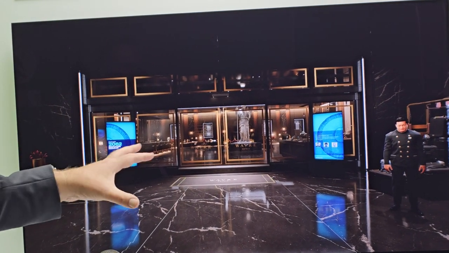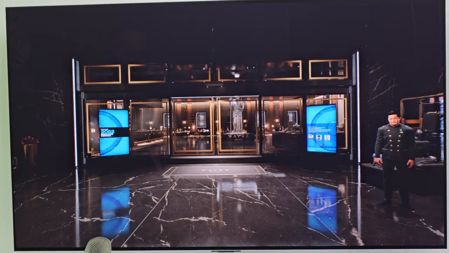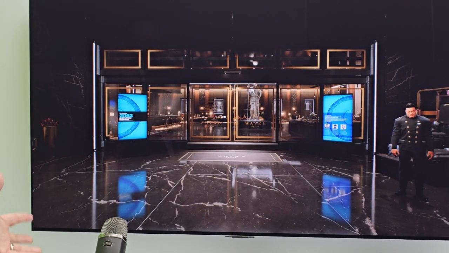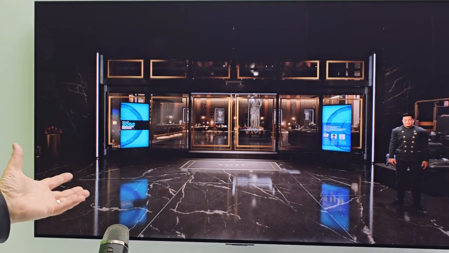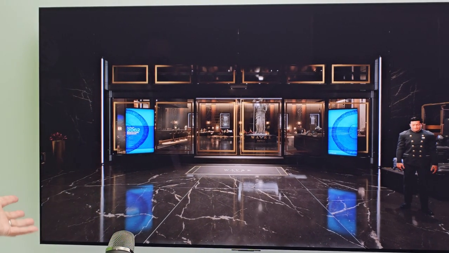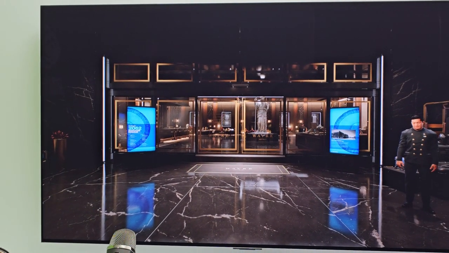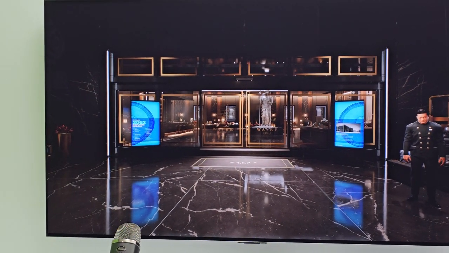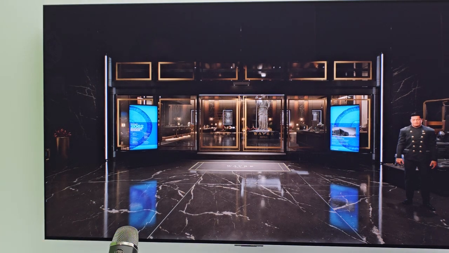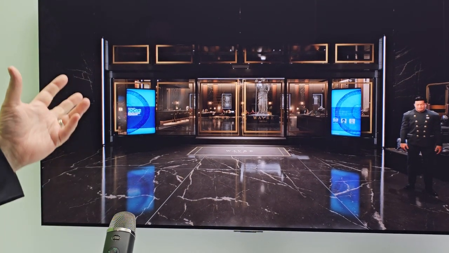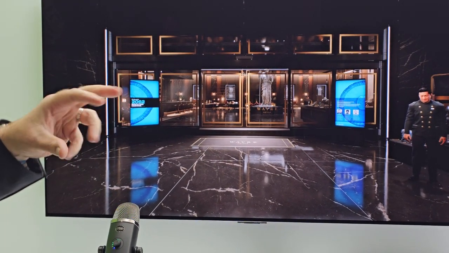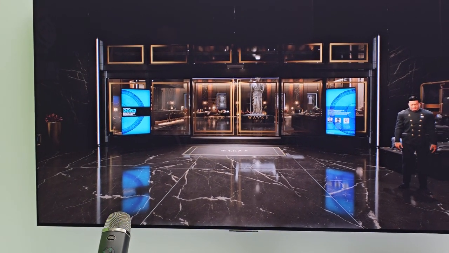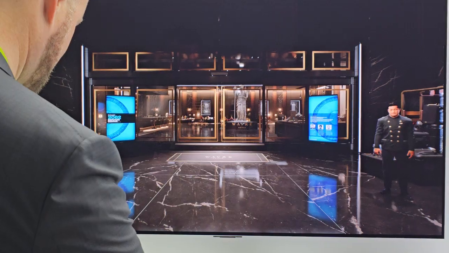So what we have in this demo is a couple of different characters that you can interact with very naturally just by speaking into the microphone. And we then use speech recognition to translate that into text, which then gets sent into a large language model that creates a response, which then gets fed into a text-to-speech system that creates audio for the response, and then that audio gets piped through our audio-to-face model, which creates lip syncing and facial animation for that. So all of that very complex sounding